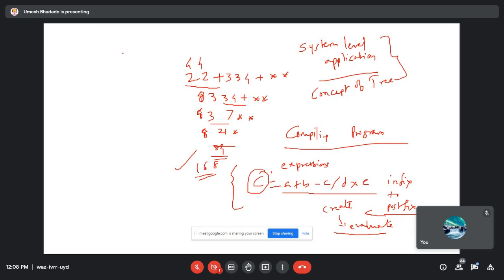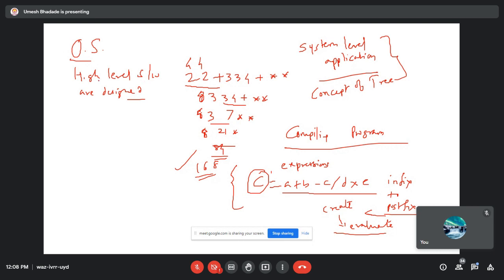Mainly, you can say another example is in operating systems, where high level softwares are designed, right? There you can have a use of this kind of